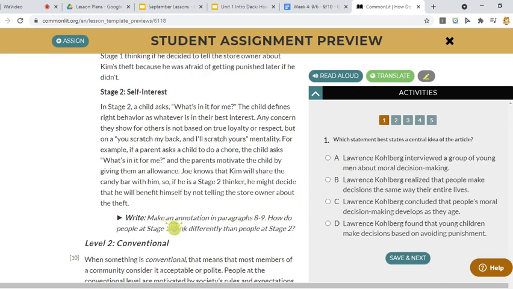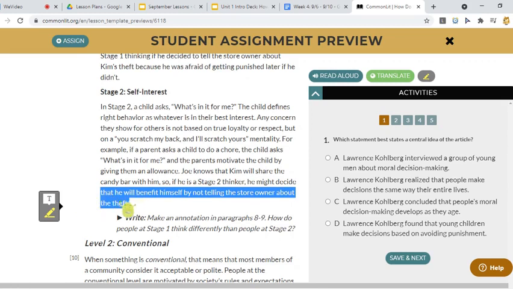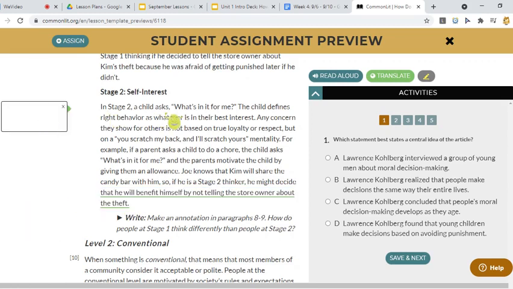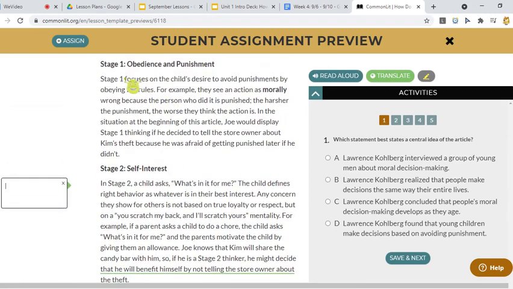So we're going to make an annotation here. How do people at stage 1 think differently than people at stage 2? Once again, we can just take this right here, just highlight the first little bottom part, and then click on Add Annotation. So we're comparing stage 1 and stage 2. How is stage 1 different than stage 2? So we could say, in stage 1, people are worried about being punished. In stage 2, they're wondering what they can get